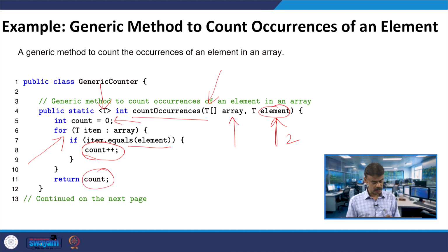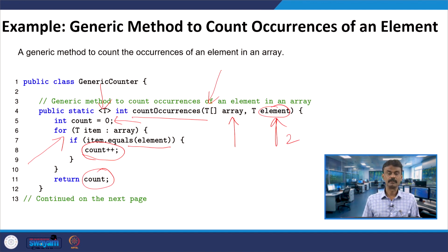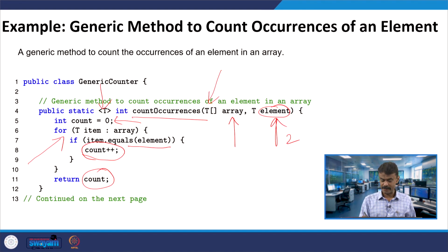Now we will see what arrays we are going to consider. We consider one integer array, with 1, 2, 3, 2, 4, 2. Now we call the method countOccurrences, passing the integer array and element 2. So, T is becoming Integer now.